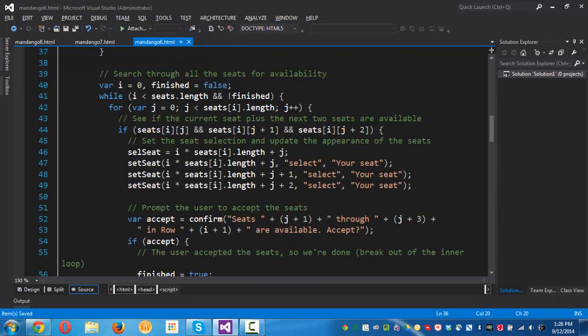And we're using a while loop here. So the first thing we do is say, okay, we have a variable of i equals 0, and we're using a variable finished equals false to see if they're done or not with selecting their seats. I'll explain that as we go through. So our while loop says while i is less than seats.length, very similar to a for loop, in this case less than 4. So while i is less than 4, and the double ampersand is